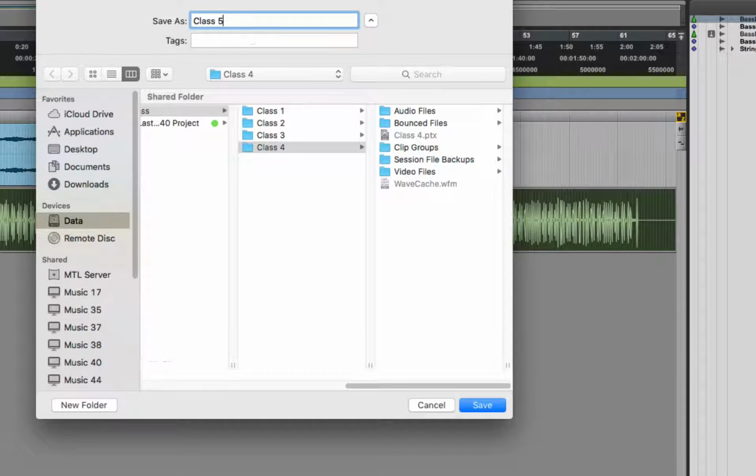You're going to do File, Save As, retitle it class 5, make sure it sits inside of your class 4 folder. Good? And then go ahead and hit OK or Save. Thank you, gentlemen. Thank you for taking the time to work that out and get these guys up and running. Okay, so